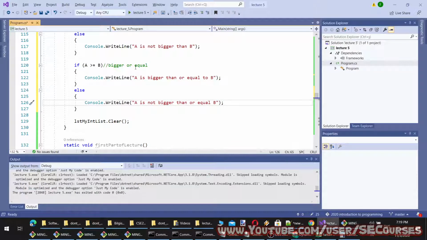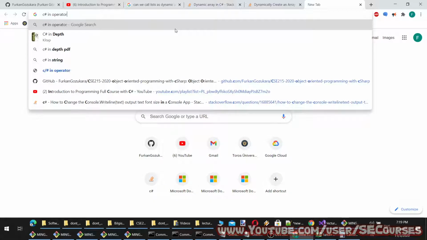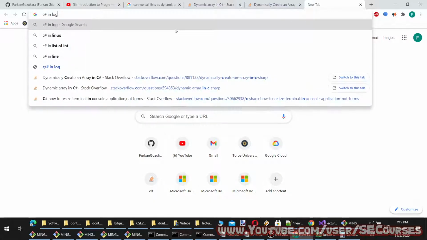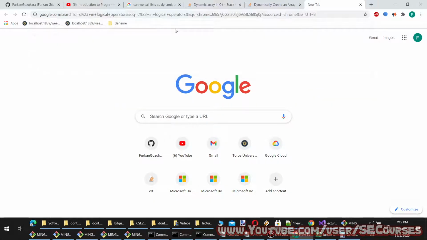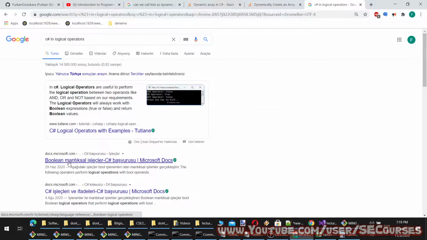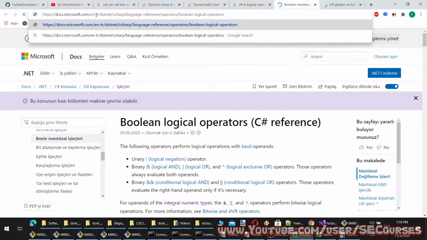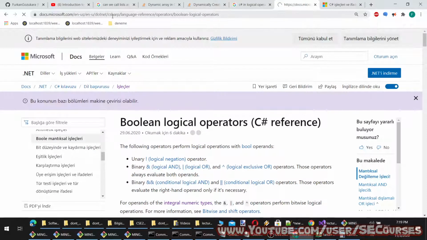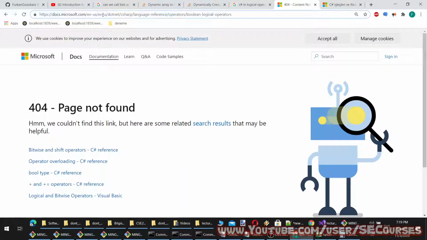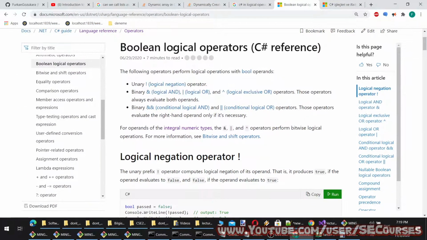Okay. So what else can we use? We can check the int operators. Let's find it. Let's find the English version. Okay. So Boolean logical operators.